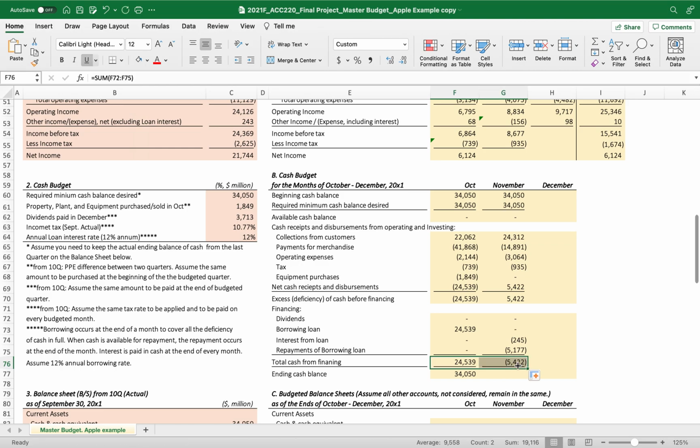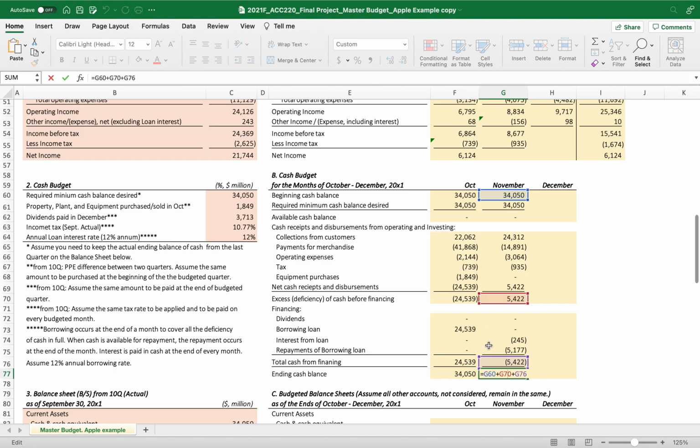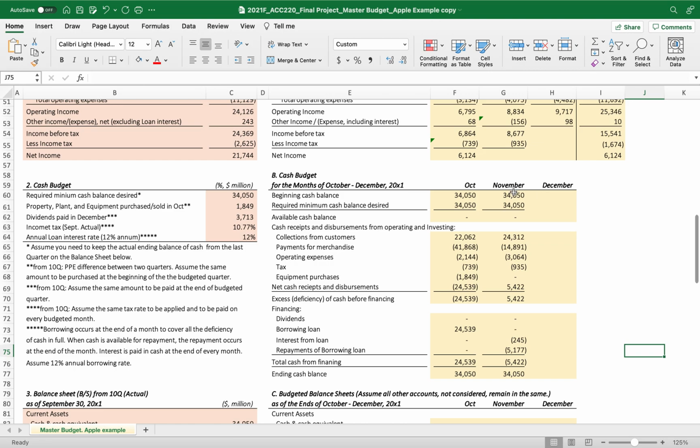Total cash from financing is the sum of these financing activities, right? Then what is the ending balance of cash? Right, the sum of the beginning cash balance, the excess of cash before financing from operating and investing, and the total cash from financing. Now, the same way, we start this December balance from the ending balance of November, and